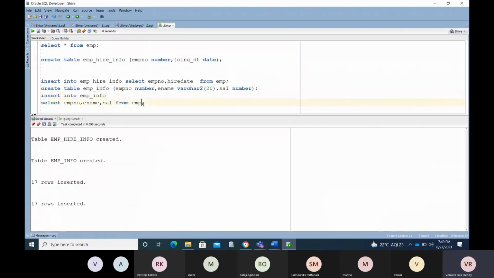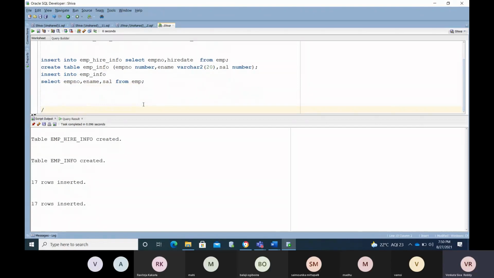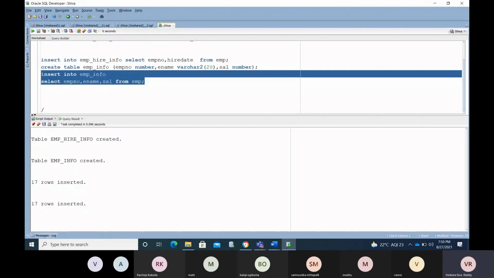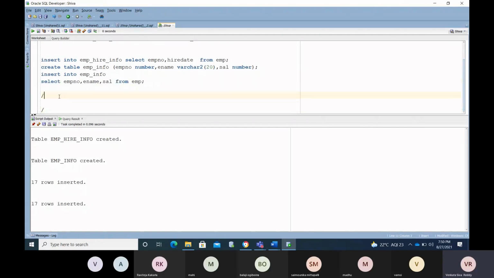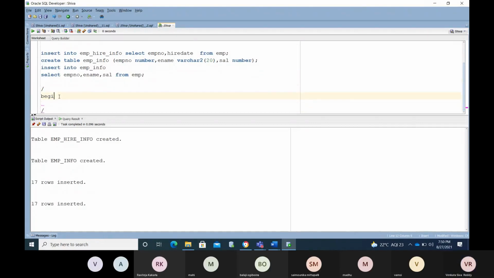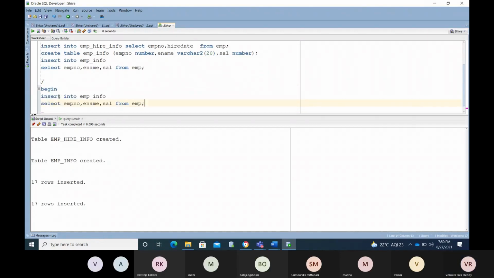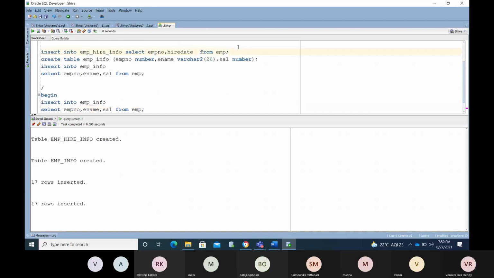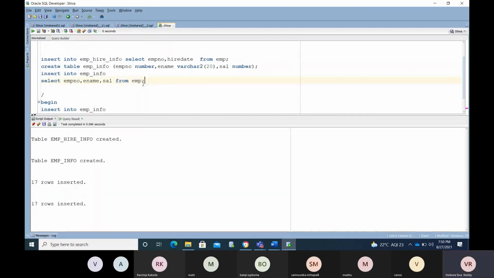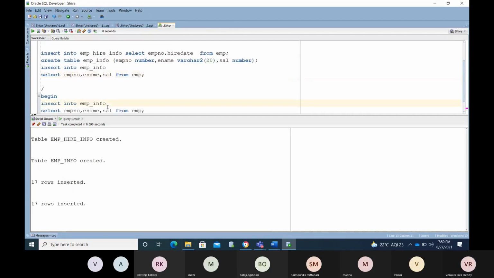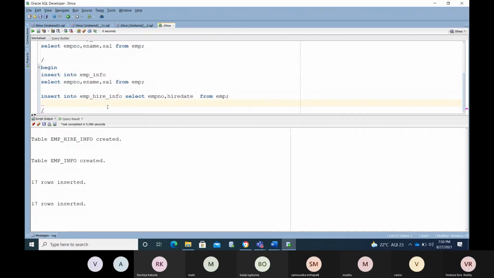The same work Oracle will maintain simply, either in an anonymous block or in a procedure, whatever it may be. So simply I'm going to maintain it in a block. So begin, insert.